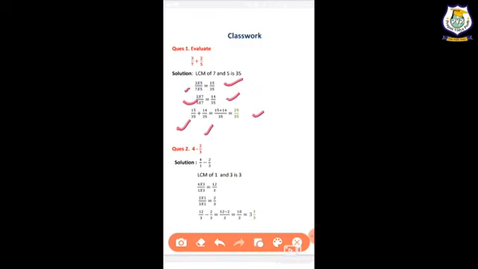Now we will come to our second question. Here I have taken one subtraction. Here 4 minus 2 upon 3 is given, right? Whenever the denominator is not given, we will take 1 in the denominator. So I have written here 4 upon 1 minus 2 upon 3. Now again we will have to take the LCM of 3 and 1. So the LCM is 3.